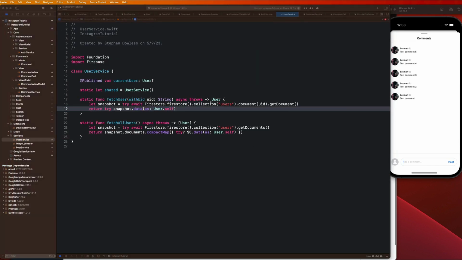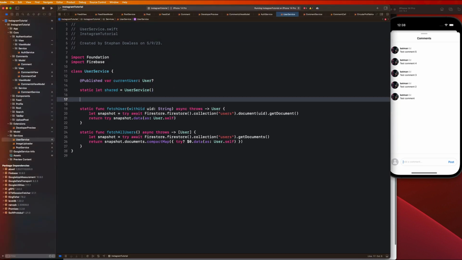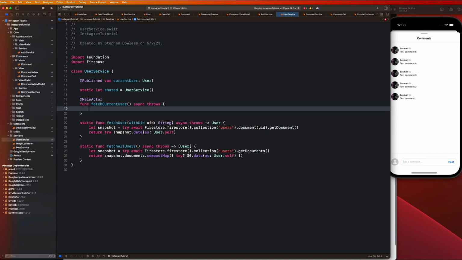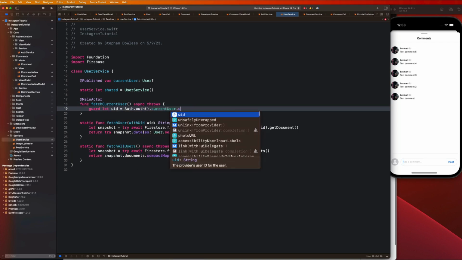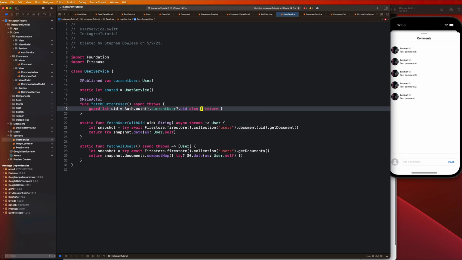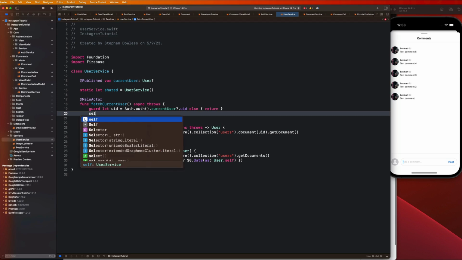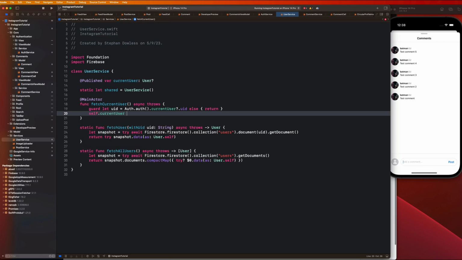So guys, I'm going to write a function here to fetch our currently logged in user. So I'm going to say @MainActor func fetchCurrentUser, and it's going to be async throws. We're going to say guard let uid equal Auth.auth().currentUser?.uid else return. And we are going to say self.currentUser. I'm pretty sure we can just get this done in one line of code, guys, equals try await